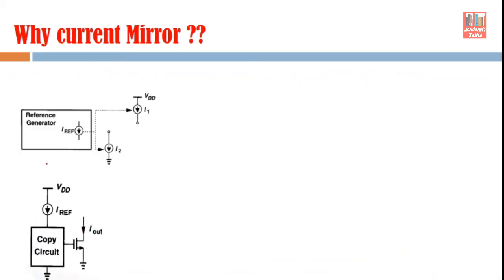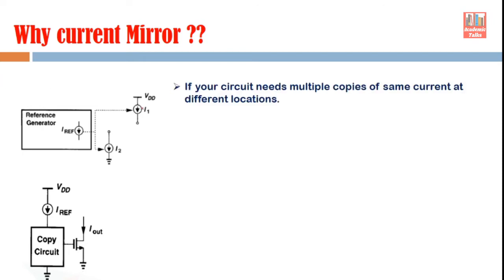Now, once you understand the basic concept of current mirrors, let us see why we use them. Some part of that is already clear to you from the first slide. Now we will discuss some other points in this slide. It is used in circuits that need multiple copies of the same current at different locations. This point we discussed in the first slide. If the same amount of current is needed at different locations, then instead of designing constant current sources at all those locations, it is better to take a copy from one source and use it wherever it is required.